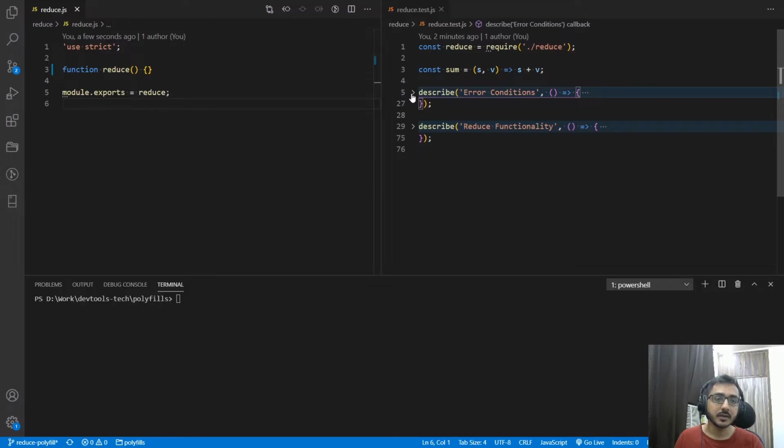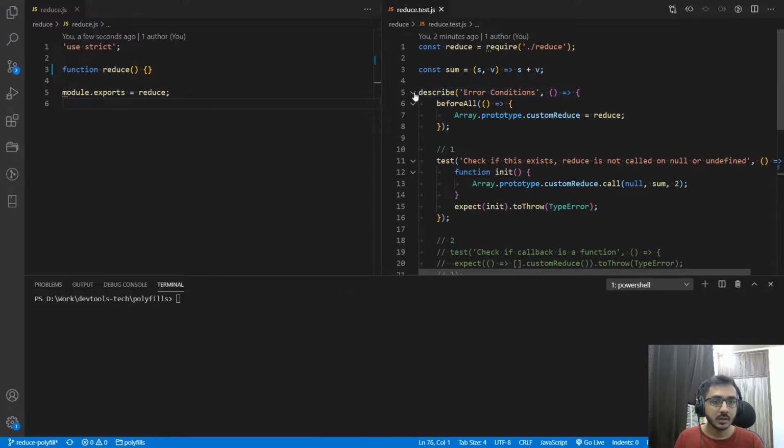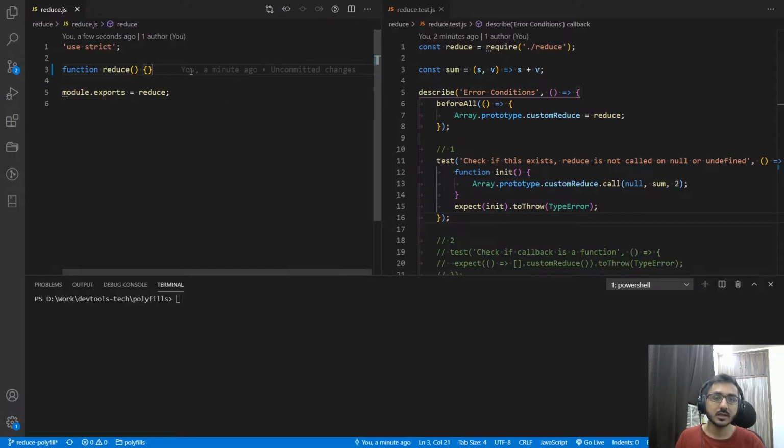To make things better and to make it more clear, I've divided test cases into two parts. The first one is error condition and the second one is reduce functionality. So now let's look at the first test case. It says check if this exists, reduce is not called on null or undefined. So basically, since we are